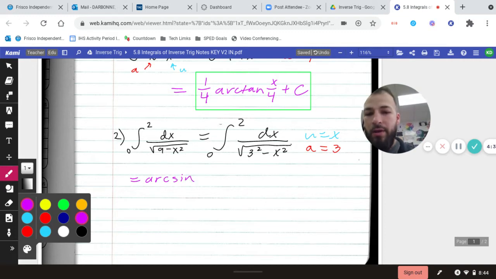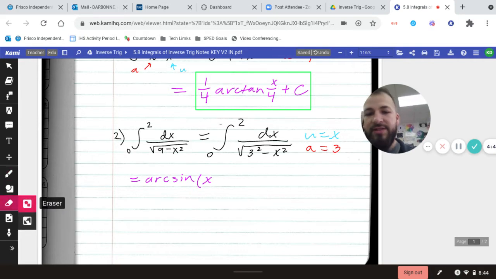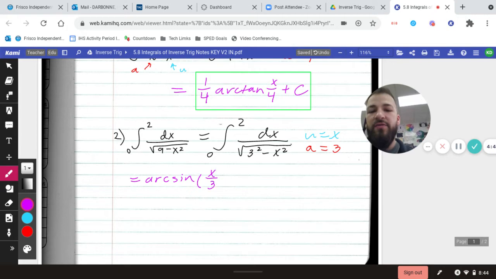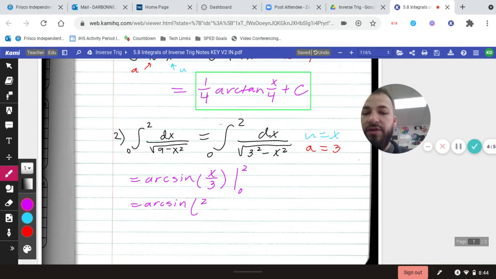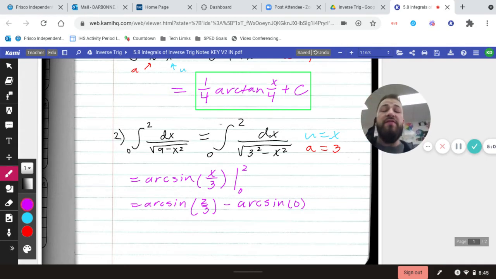arcsine of x over 3, as I did not provide myself any room to write that, of x over 3. And I'm evaluating it from 0 to 2. So instead of that plus c, I'm actually evaluating this. So this becomes arcsine of 2/3 minus arcsine of 0. And to finish this out and evaluate this, remember when you're doing inverse trig or arc trig, you're